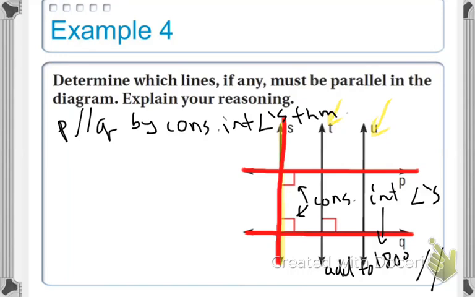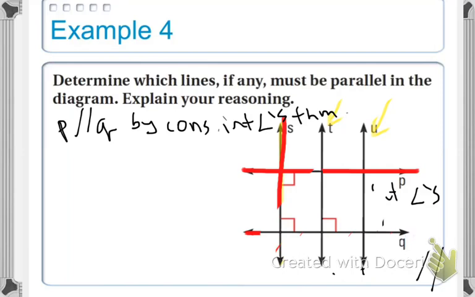Okay? We know that's the first thing that's true, so let me erase some of that now. So we knew that because they add to 90 plus 90 is 180, we knew that P is parallel to Q. Okay, so I'm erasing some of that. Now the next thing we need to check is,